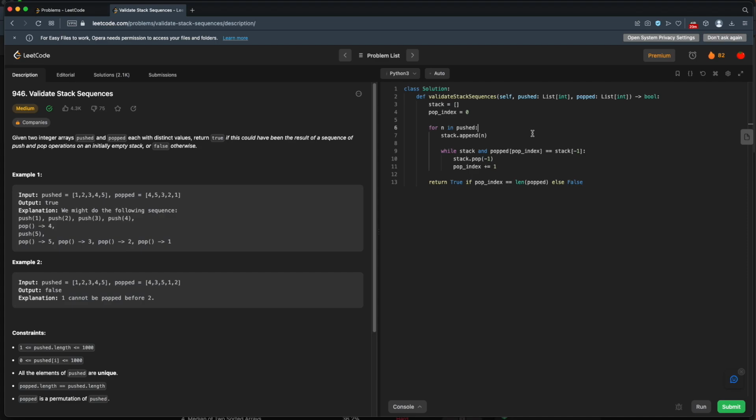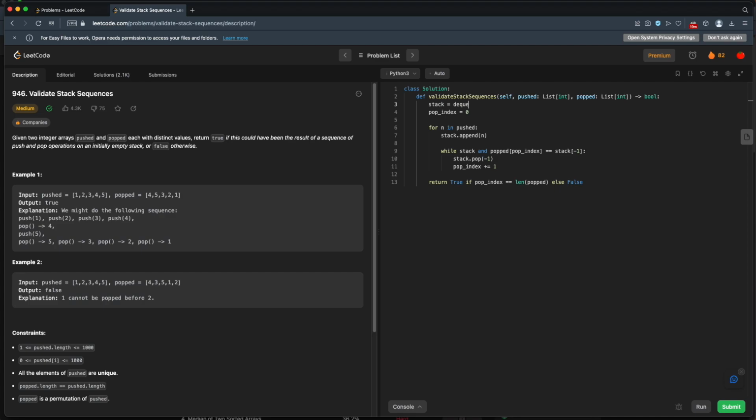All right, one thing we can do. So this stack right now, we're just using a standard Python list. Now there's another type of data structure that Python offers called a deque. That's spelled D-E-Q-U-E. Now a deque is essentially a list that is really good at pushing and popping. It's meant for queues and for stacks. So it's going to be optimized for this exact type of thing. So let's try using a deque.